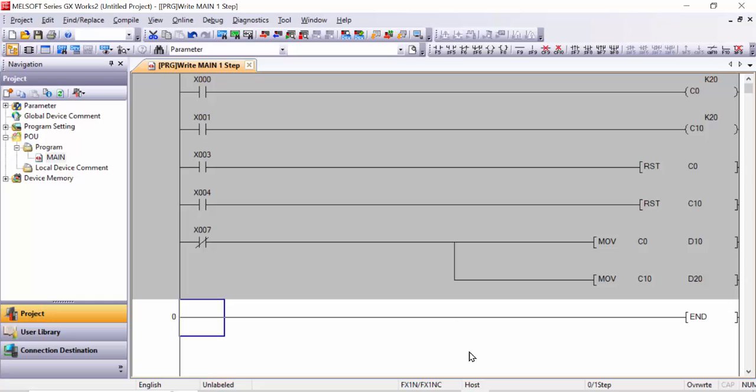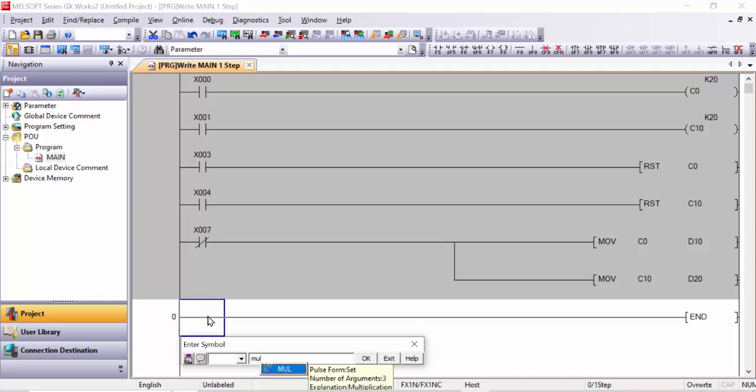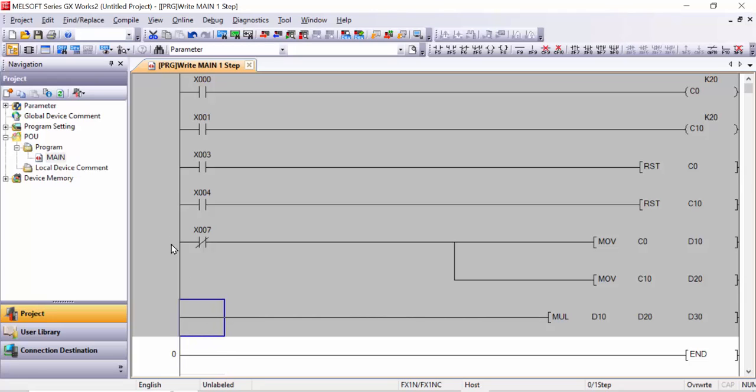and here now I would like to multiply these two data registers, meaning these two counter values we would like to multiply, and we will need the answer to continue. Here we will take the multiply command MUL, and after that you can write the D10 data register multiplied with D20, and the answer you need in D30, and click enter, and here you can choose